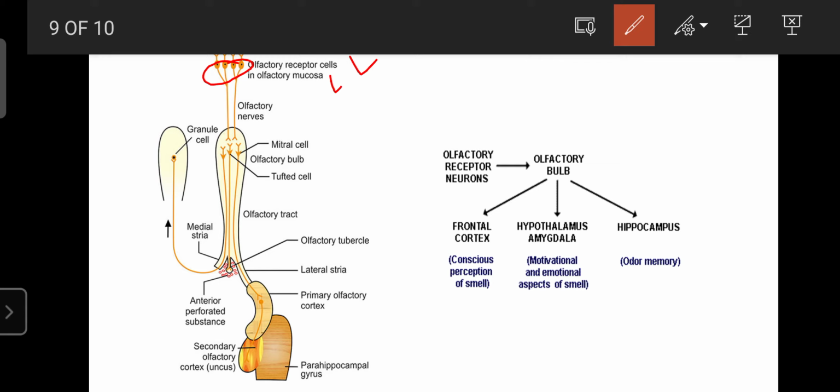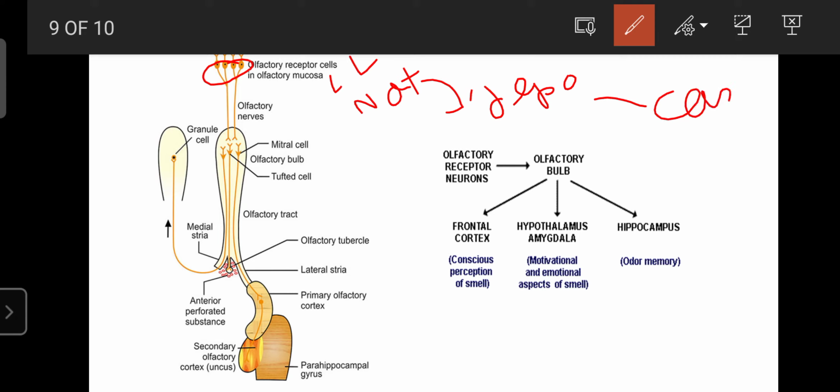So due to activation of the olfactory receptor cells, the sodium channel is opened here. Due to the opening of the sodium channel, depolarization is caused. Due to depolarization, the calcium channel is opened, and calcium enters or is released from the sarcoplasmic reticulum. Then the calcium concentration increases. This increased calcium concentration in the receptor cell is responsible for the generation of the action potential, known as AP.